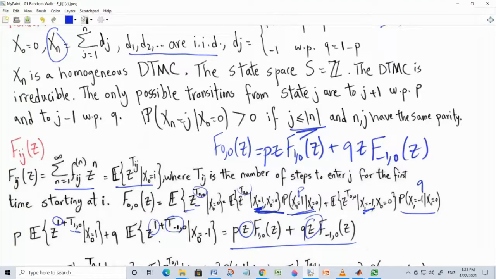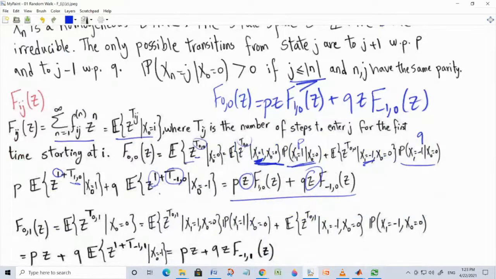And again, this Z here is because of the step that is taken to go to either 1 or -1. Okay, well, nice, but apparently useless. I mean, now we have this guy, but it's in terms of this one and this one. Okay,